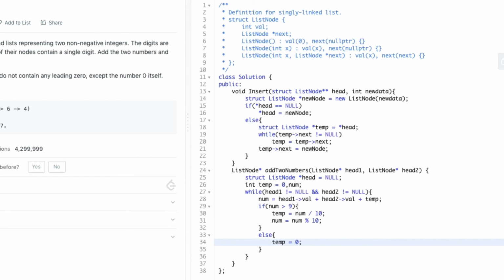So here temp stores the remainder of num. And finally, we insert num into the new linked list by calling the insert function which we created in the beginning.